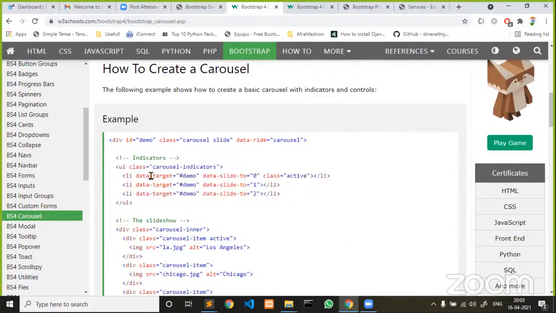Wherever we are targeting a parent division which has an ID, whatever ID value you give, make sure you give that same ID value as the value for your data-target attribute. Wherever you see data-target in Bootstrap, this is called a customized attribute.